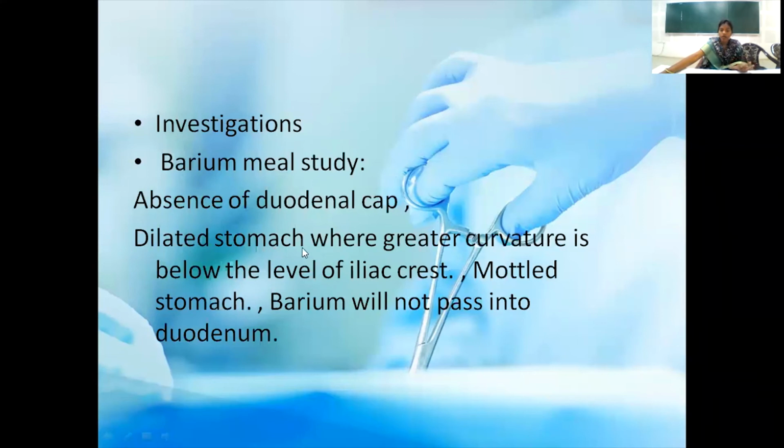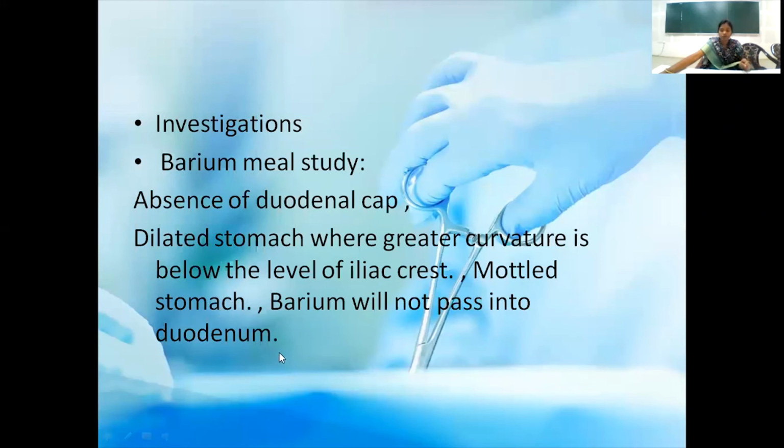Now, coming to the investigative part, one is the contrast study, that is barium meal studies. In this, you will see the absence of duodenal cap and a dilated stomach, where the greater curvature is well below or at the level of the iliac crest, and barium will not be passing into the duodenum